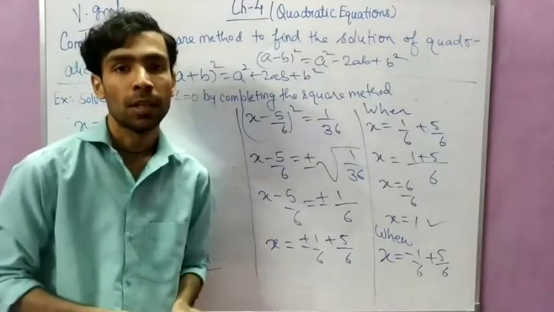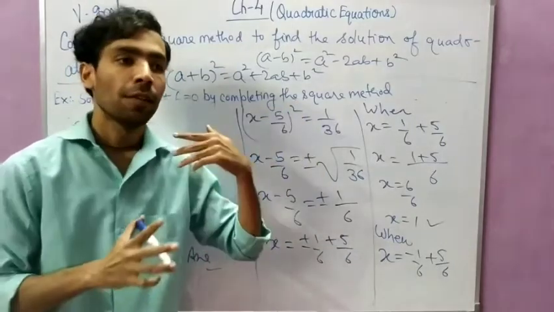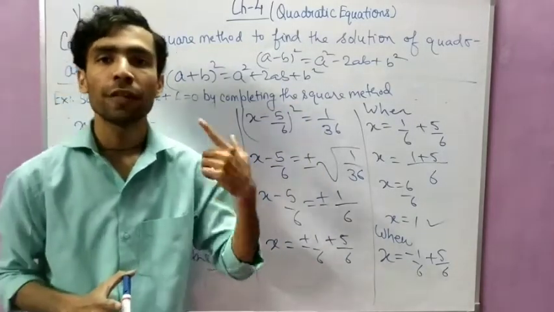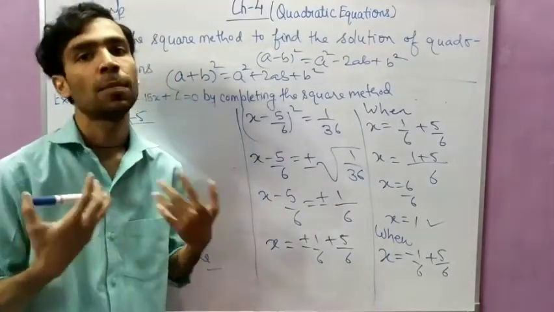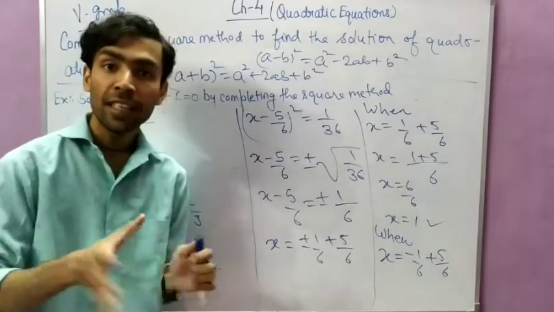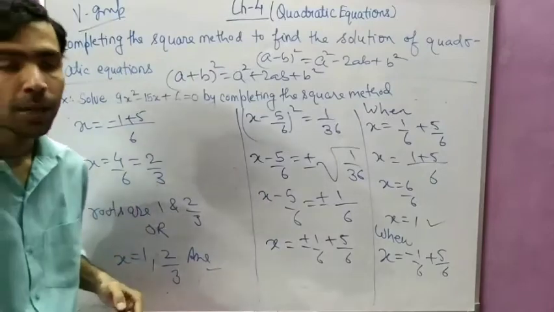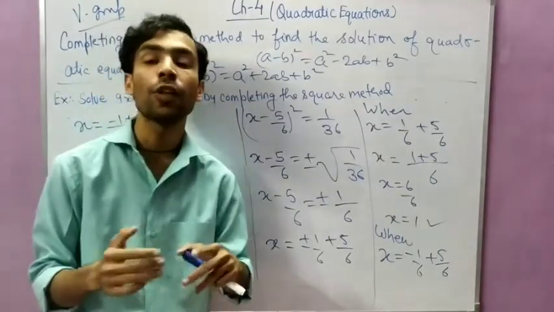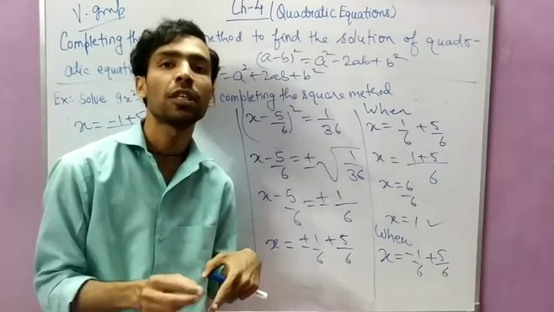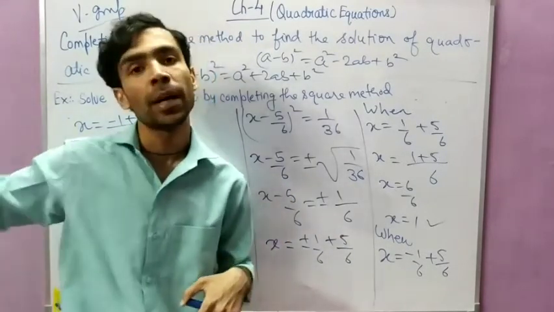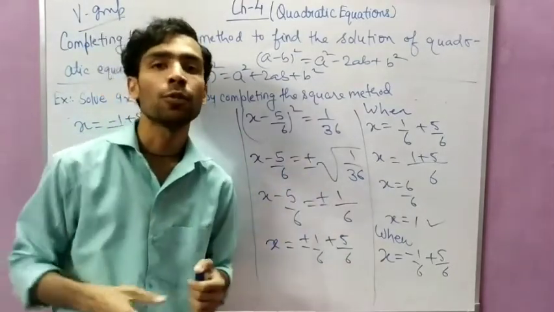It is very simple. Okay, I will tell you the method again. Whatever equation is given, the first step is that you have to make the coefficient of x square equal to 1. If it is 1, then it is okay, and our steps will be simpler. If it is not 1, then you have to make it 1 by dividing, like I did in the question. After that, you have to see the coefficient of x. Whatever the coefficient of x is, you have to multiply it by 1 by 2. Here it was 5 by 3, so I multiplied it by 1 by 2, and I got 5 by 6.